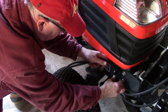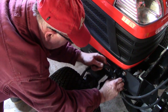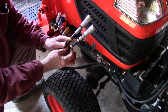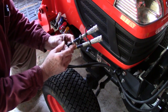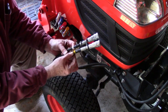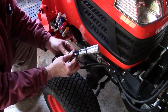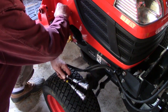Now route your hydraulic through the support on the tractor, and then be sure to identify your correct hoses and make sure that they go to the correct counterparts on the tractor. I've color keyed these with yellow and white wire so that I know immediately which one goes to which. This provides your lift and lowering capability for